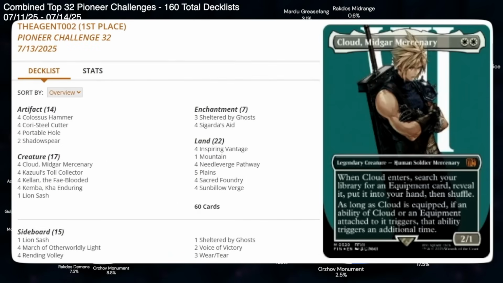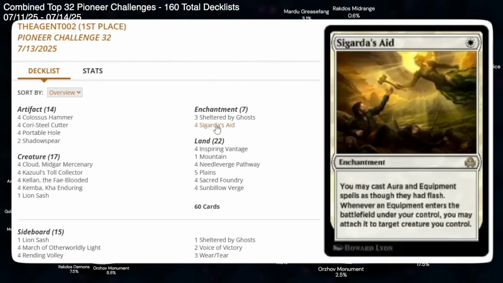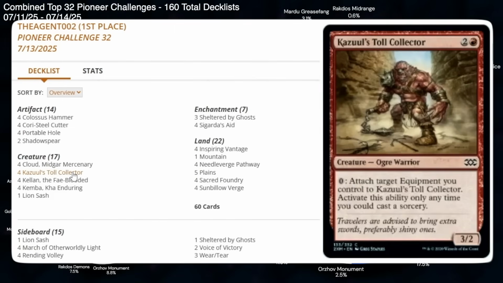And as I told you, the Boros Hammer deck was not a typo. The Agent 002, first place in the 713 Pioneer Challenge with Boros Hammer. Ban card alert. I repeat, ban card alert. This one looks pretty cool. It's a very, very clean list. You have some ways to equip for, I guess, quote-unquote free. Sigarda's Aid, which allows you to do it at instant speed. Kazul's Toll Collector, which only allows you to do it at sorcery speed, but you can pay 0 to move